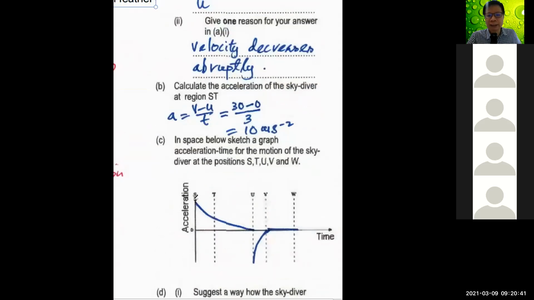So here, that's just how we say the acceleration is decreasing from S to U. The acceleration is decreasing now. Okay, acceleration decreasing. And here,